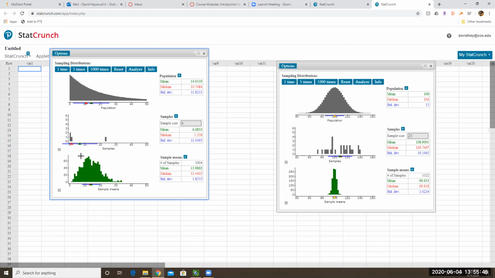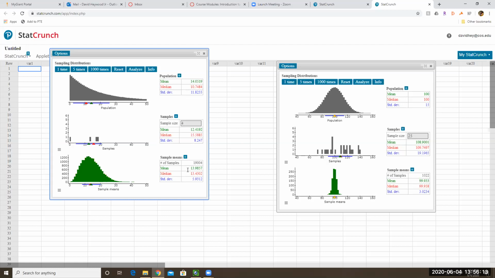You can see that this is not quite bell-shaped. It's a little bit skewed right, okay? It's not as badly skewed right as the population data that we started with, but it is still skewed right. You've got this little tail out here. And the more samples you collect, the more you can see the tail start to creep up, right? So you've got this skewed right distribution. So the shape of the distribution is skewed right.